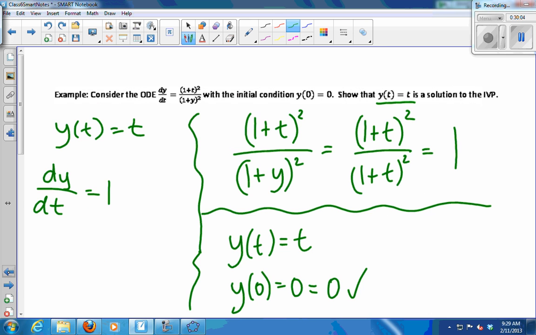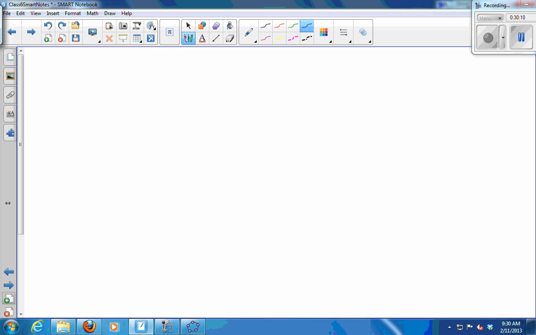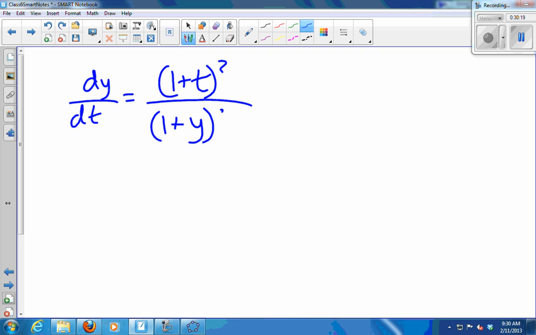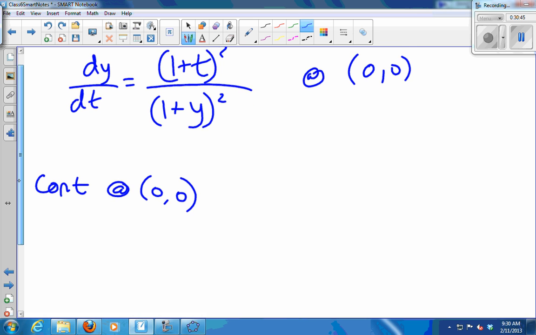Now, 1 plus t squared over 1 plus y squared. Considering this function, the right side of the equation as a function, is it continuous at 0, 0? Yep, plug in 0, 0, 0 for t, 0 for y, no problem. So we're continuous at 0, 0. Now the partial with respect to y